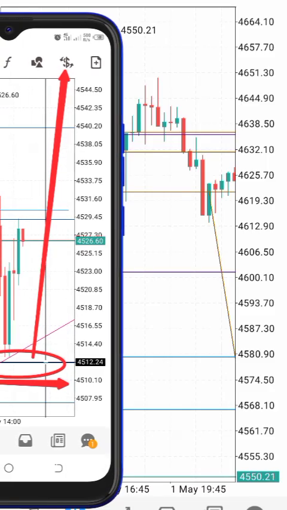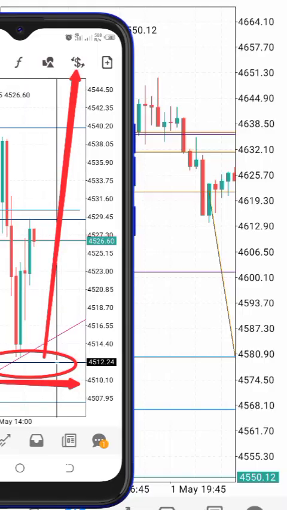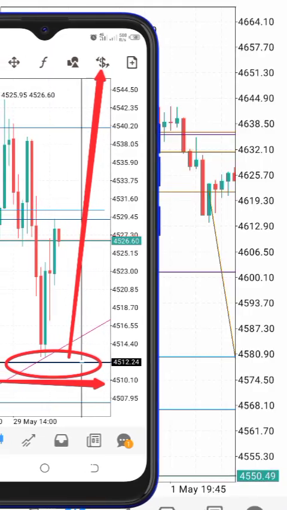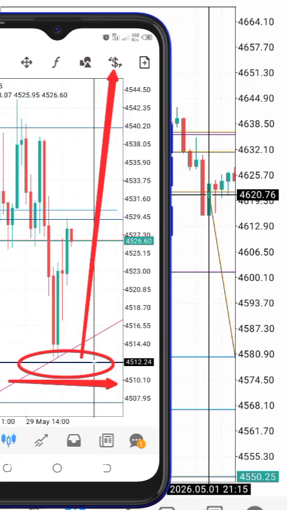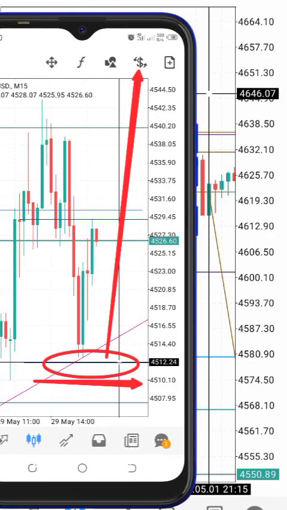So now we have the projection arrow showing that price needs to go down 1000 pips, okay, for that level to be in full profit, and we do not alter the setup. So now let's look at where the SL will be. Just like we said, the SL will be at 4641.45. Okay, so now we are going to